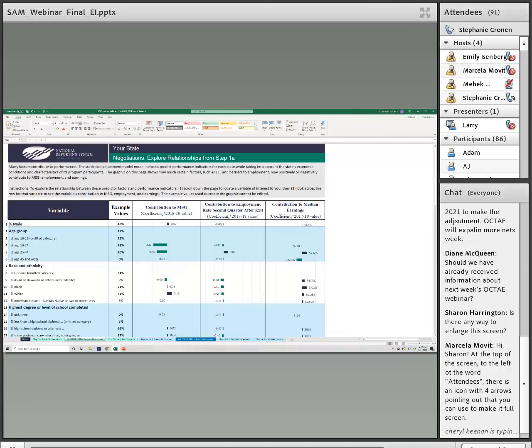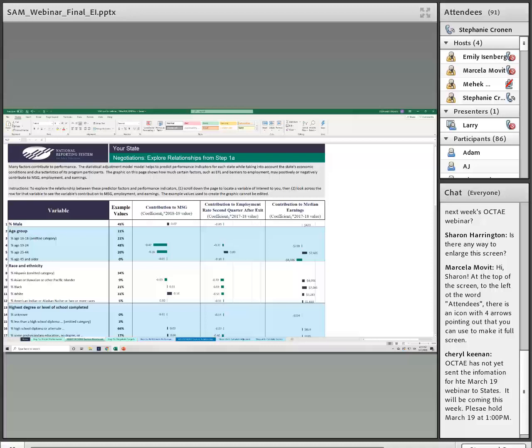For example, in this case, you can see that the percent of participants who are male does not seem to be a very strong predictor of any of the indicators, but the percent of participants who are 25 to 44 years old is. So this is the kind of thing that we'll all be able to look at, looking at your own state data, just to see what are those values on the characteristics in the model, and what do those seem to be contributing to the predicted performance estimates.